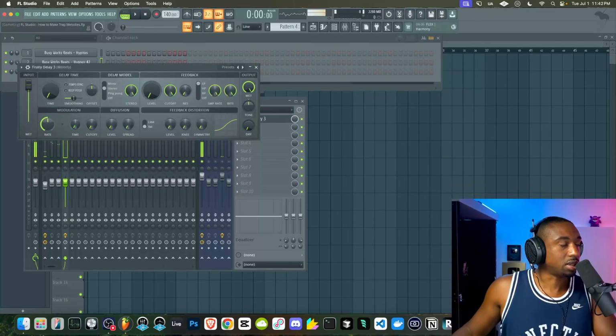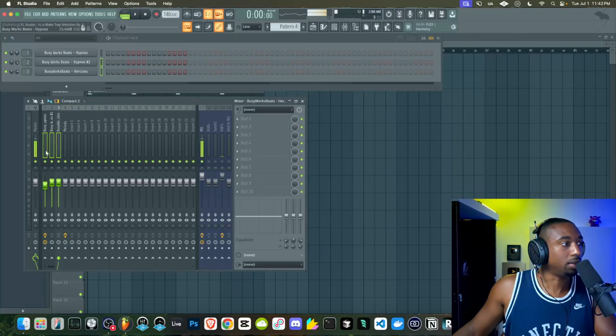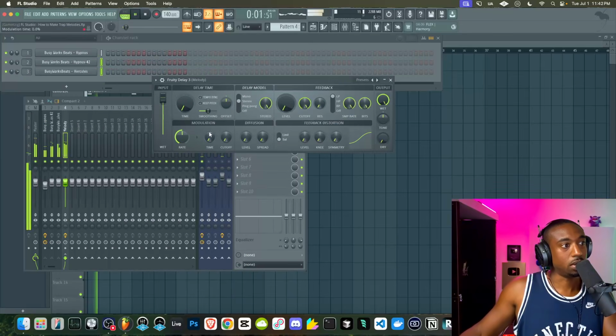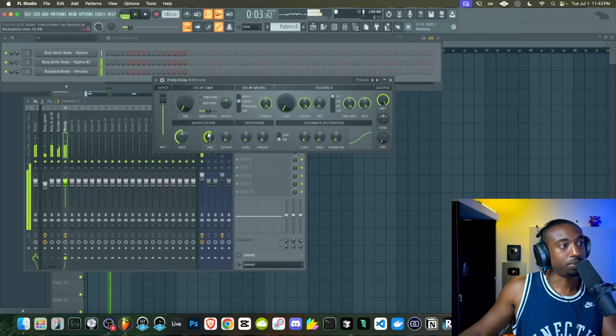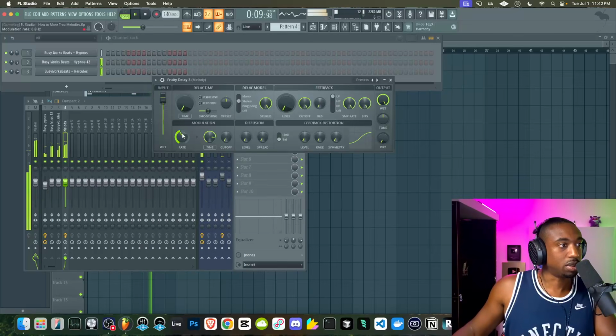So let's start with the modulation. And before we do this, we have to route all the sounds to the melody group. Let's highlight all these sounds, hit Control, left click to highlight, and right click and route to this track only. Now everything's going to the melody group. Let's add some modulation to it. Some pitch modulation. I'll exaggerate so you guys can hear. We're just gonna pull this back.